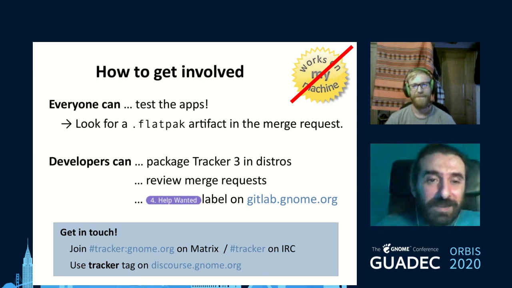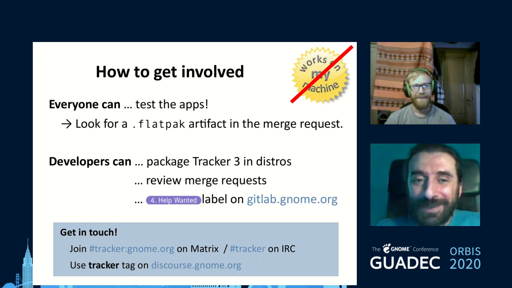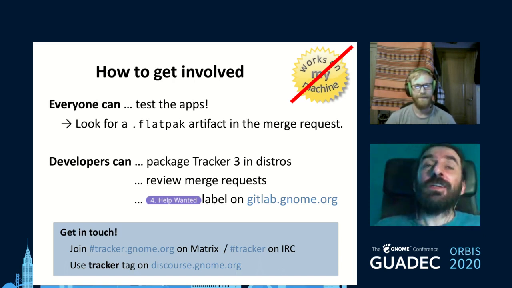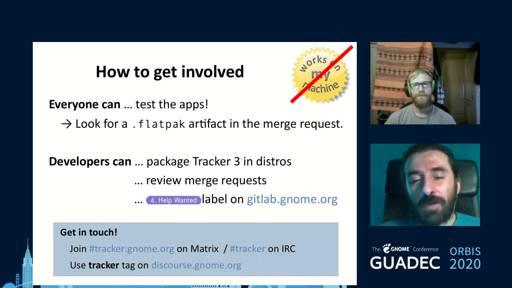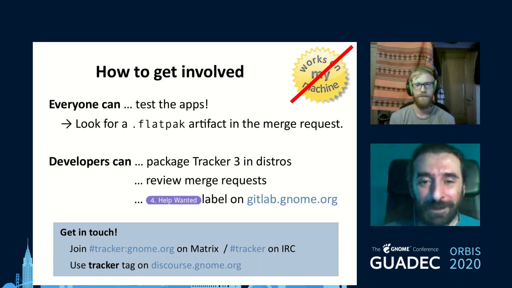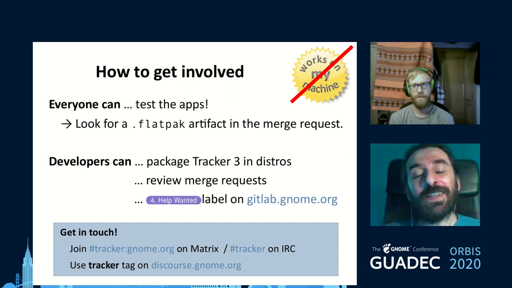The next question... Oh. Carry on. Yeah, I was going to reply to that one. First of all, the question is whether indexing is faster compared to Tracker 2. Yes and no. First of all, this talk wasn't about tracker miners per se. It was about Tracker, the SPARQL thing. It's not about indexing. But if you ask,